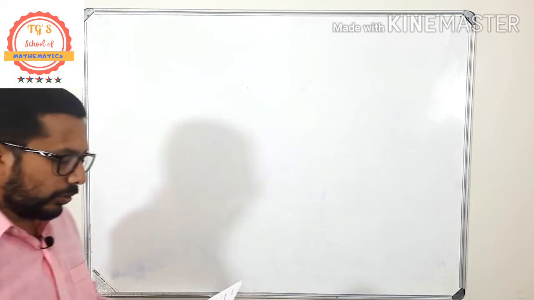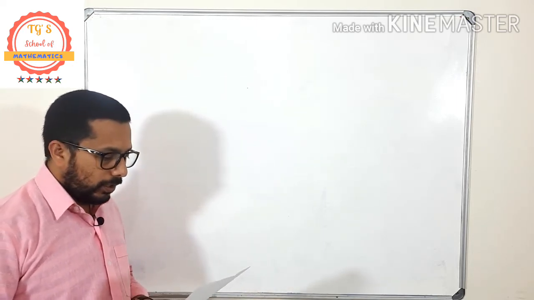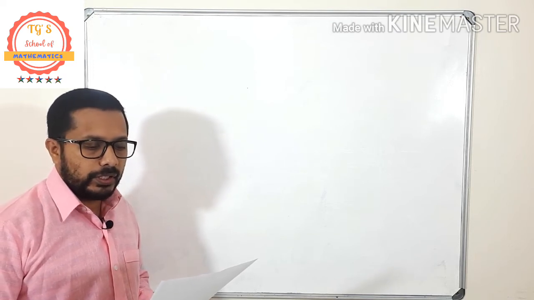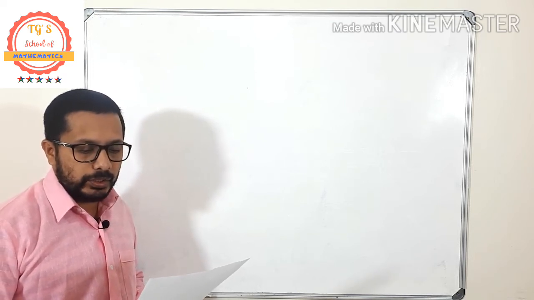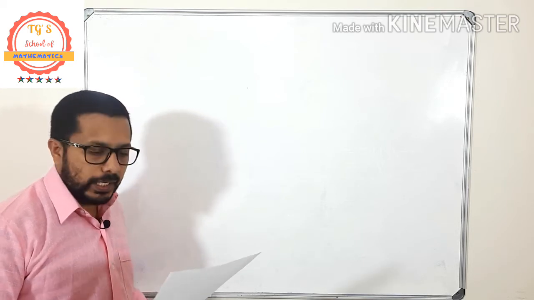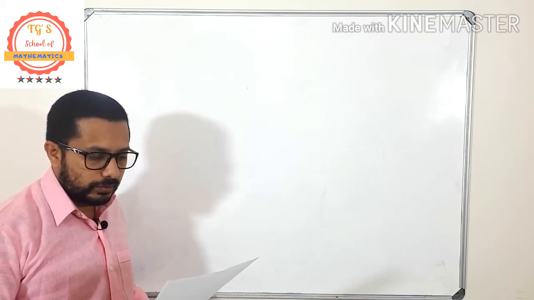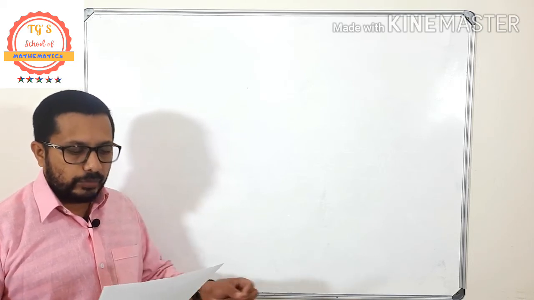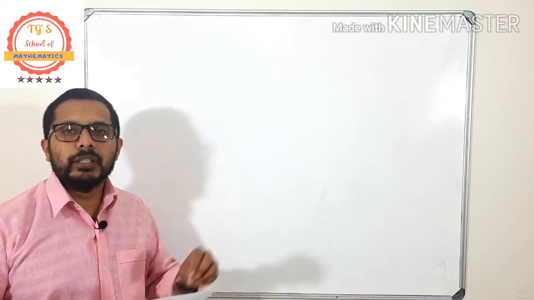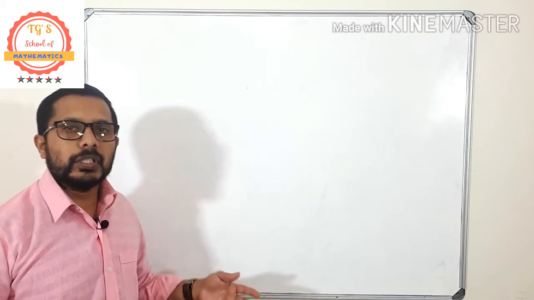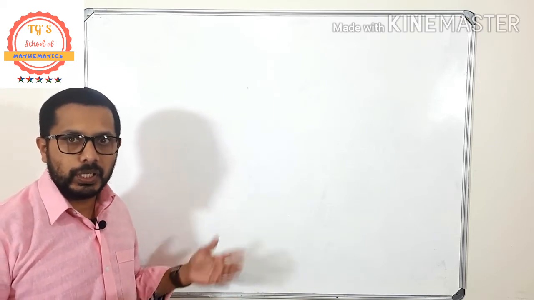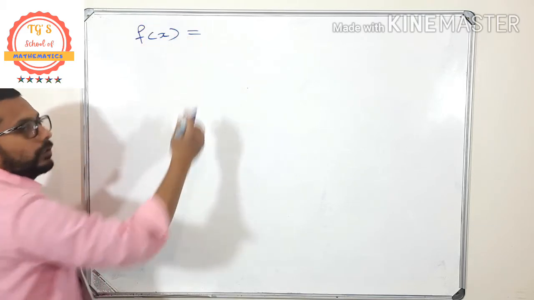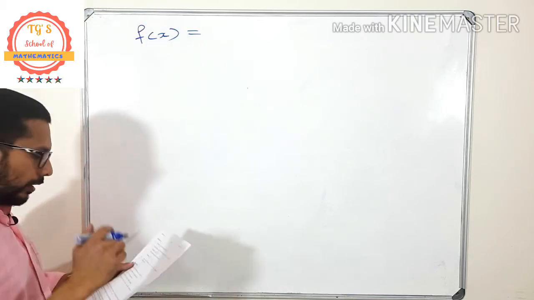Okay, now let's go to question number 9. For a certain function f, the first derivative is given as f dash of x is equal to 3x squared plus 8x minus 3. So what is given? There is a function f, but in this question we don't know the function, or it is not given. Okay, f of x we don't know. What is f of x? It is not given. Okay, but there is something else given.